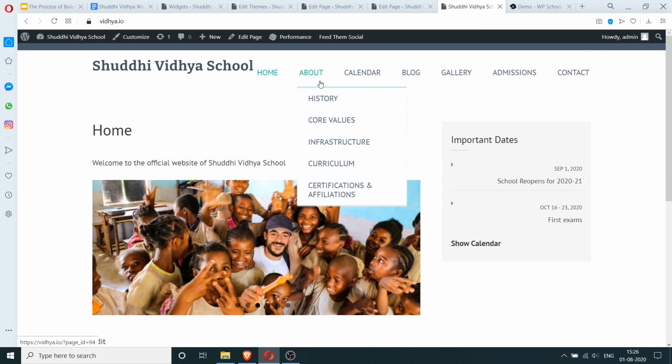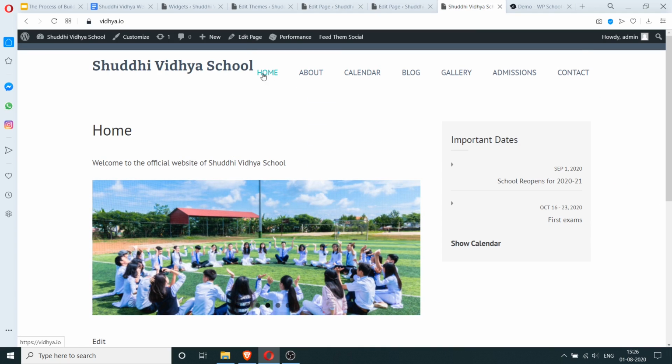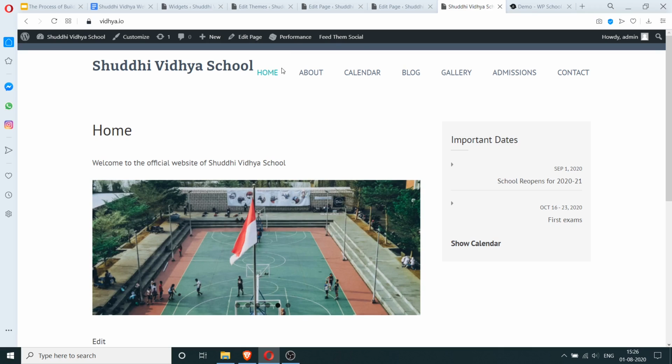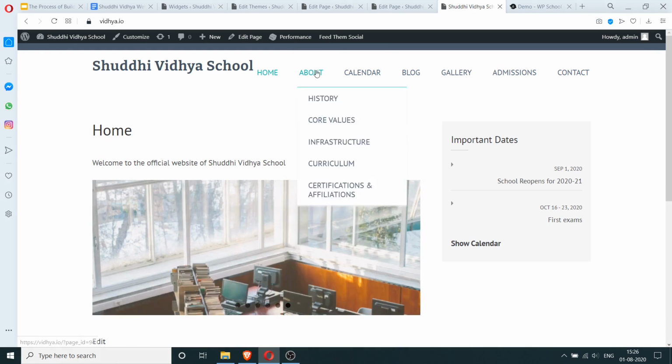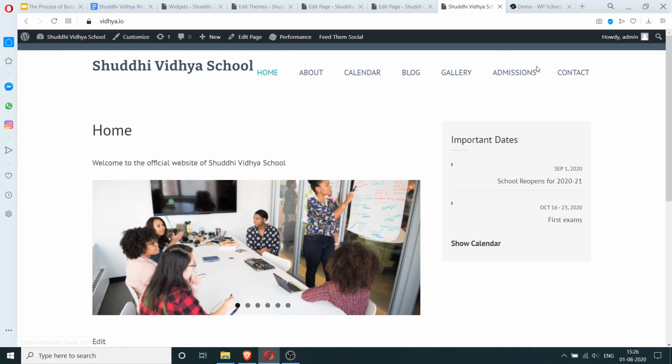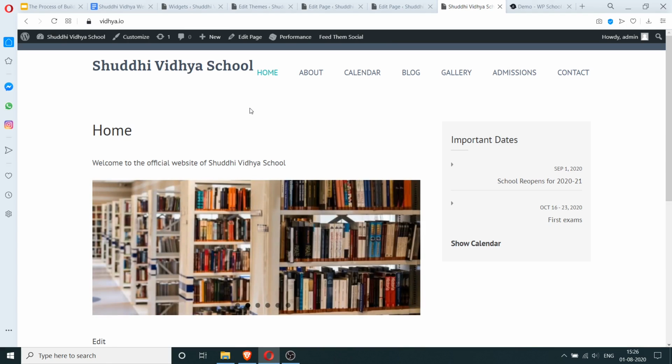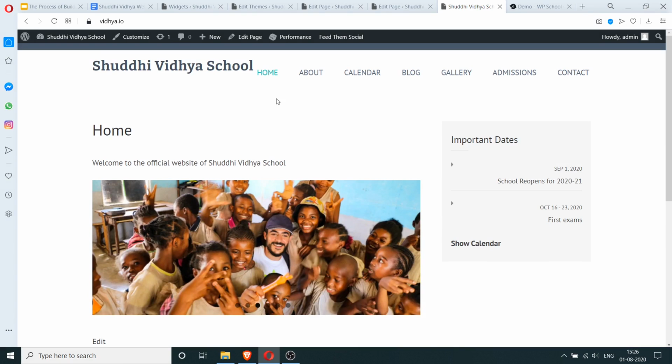So what I would do is I'll find out the CSS for this menu item and then I'll reduce the space between this. And that would minimize the gap between these menu items and that would make it look neater. But that is beyond the scope of this video. I don't want to spend too much time going over small cosmetic changes.